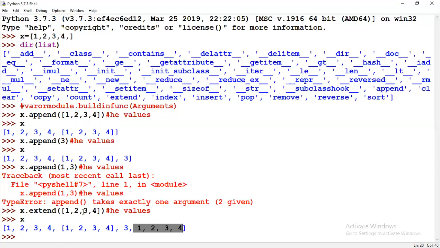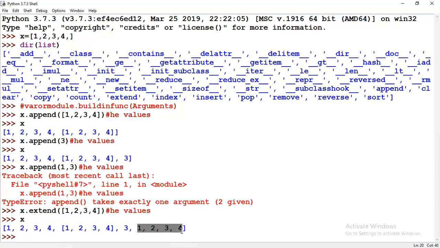Like append, if you give some number, it adds at the end. Extend is also doing the same function? No. If you give exactly 1, 2, 3, 4, append actually adds the complete sequence in one index. Extend extracts and adds in different indexes. Index position is everything in Python. The complete list is one index, so you can't access this 1, 2, 3, 4 separately. This is a nested list now. But this 1, 2, 3, 4 is not a list, right? These are all different indexes. That's what I'm explaining right now.